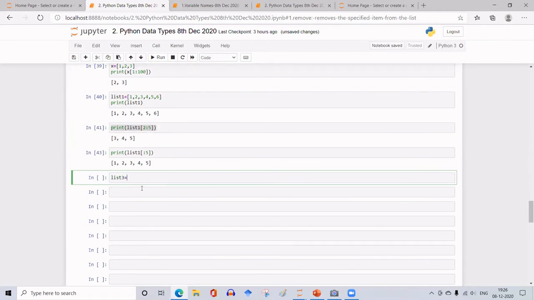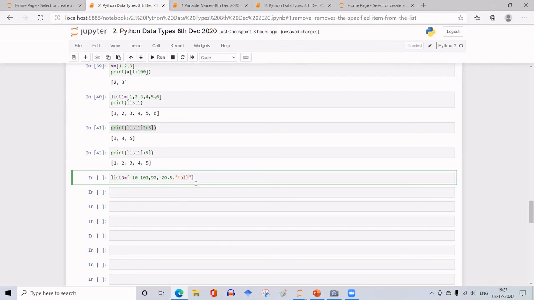So list 3 is equal to, say, -10, comma, 100, comma, some arbitrary value, comma, -20.5 float, comma, then some strings. Okay. So this has mixed data types.